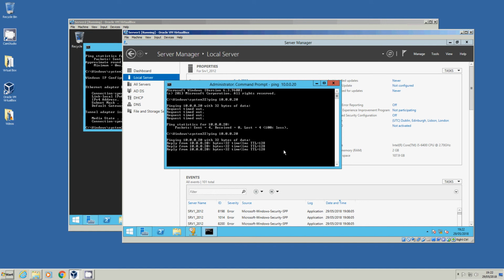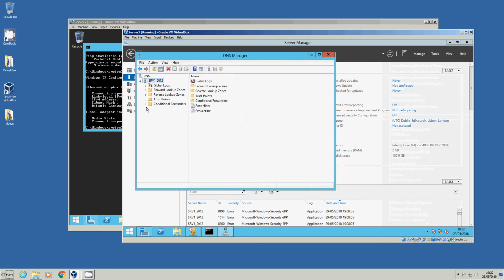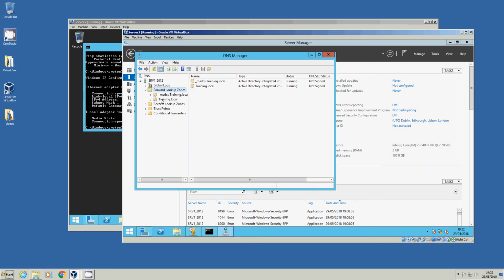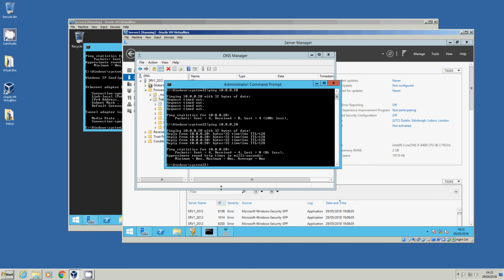Now, we also configured DHCP. So when we go back to Server Manager on the domain controller and go Tools, DNS, we will now see that we have a training.local forward lookup zone. And in here you can see that it has both machines listed, 10.0.0.20 being server 2, 10.0.0.1 being server 1. So if I go back to my command prompt and I ping server 2 underscore 2012, which is the computer name, I can even go .training.local,